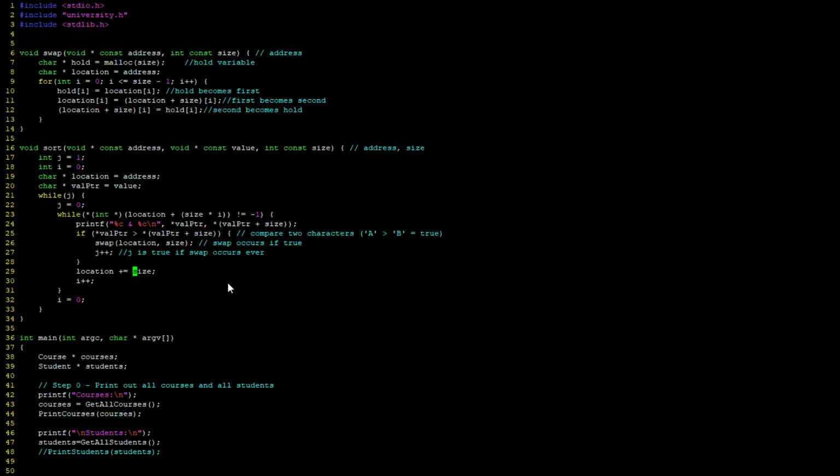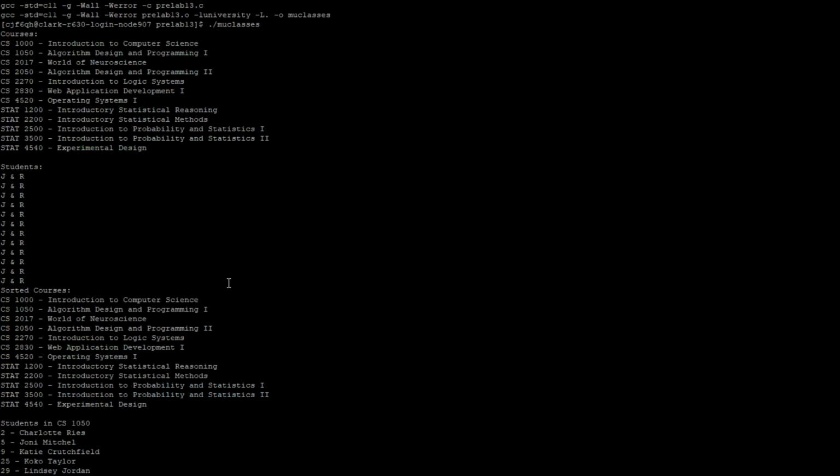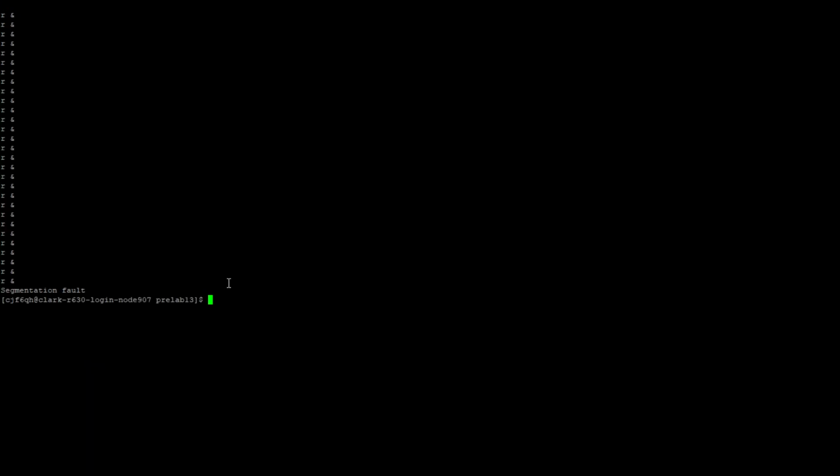And that would change this if statement, or actually it won't change the if statement either. We have to change that as well the same way. And that brings it up to the next step. So that changes this if statement, and that changes this swap statement to be correct. And if we compile this and run it,